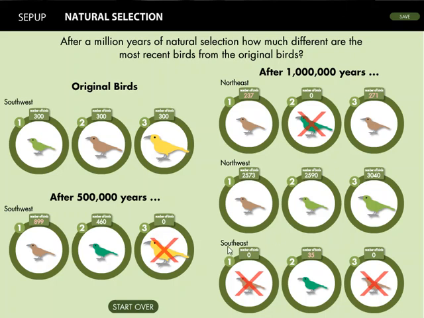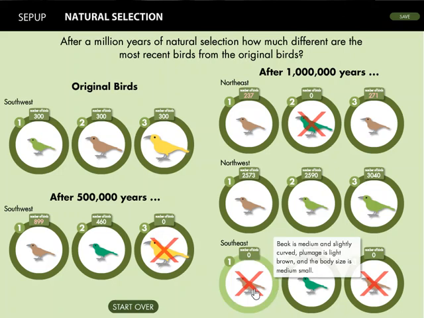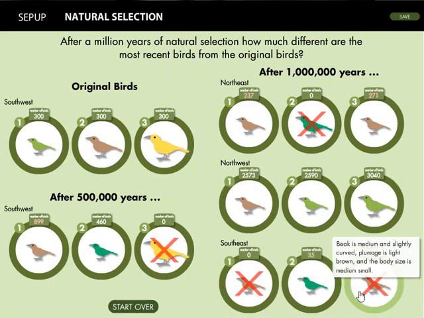In the southeast, however, that was a pretty rough condition for birds in general. There was, at one point, only one food source, and there were a lot of predators. So the original bird and the first and third populations, they weren't fit to survive. The second population was on its way out as well,